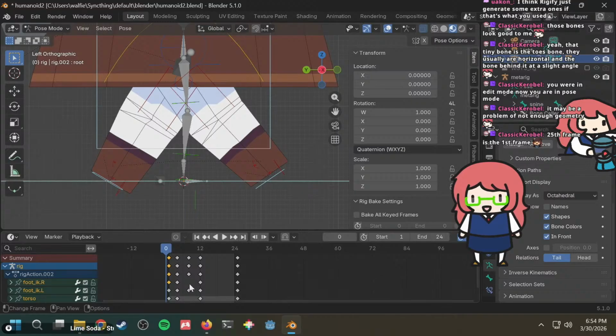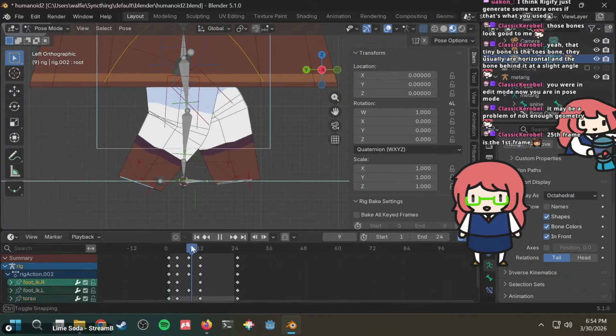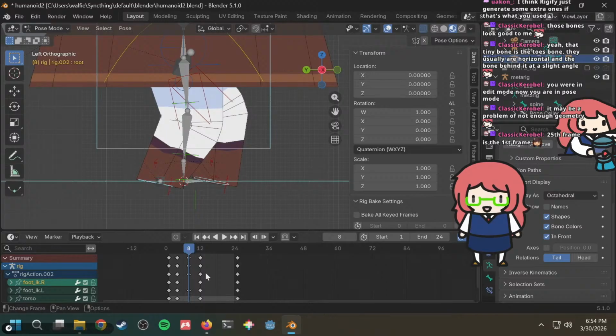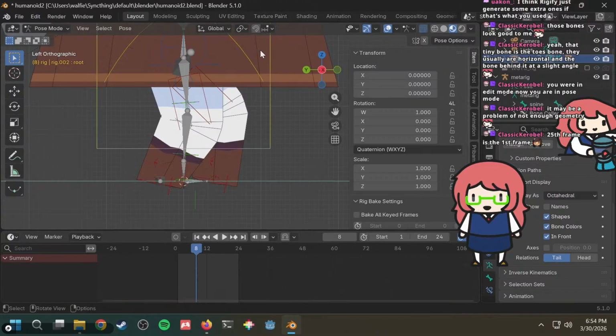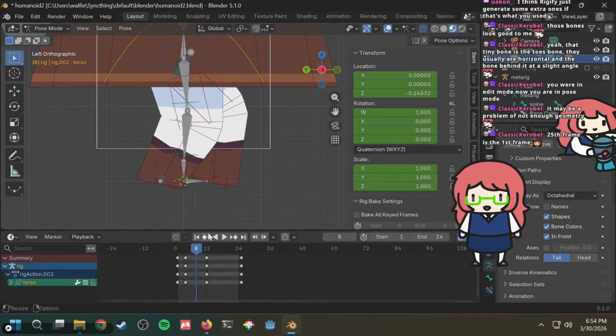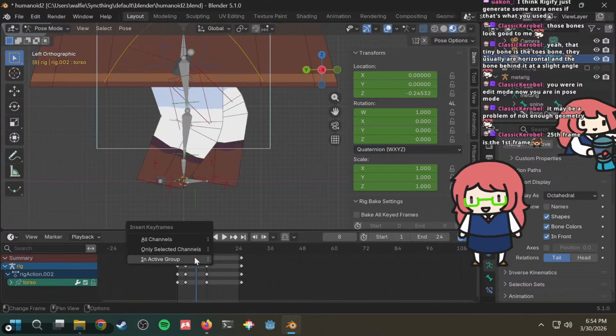So I don't have a keyframe here. And I also don't have a keyframe for the torso. Where's the torso? The torso doesn't have one. Wait, why is this different? Oh, hold on. Add, insert, keyframe.